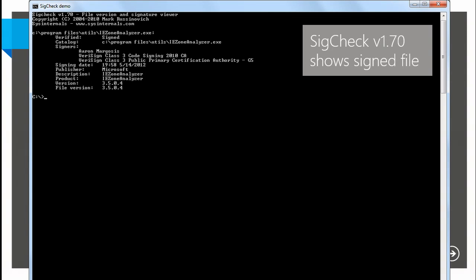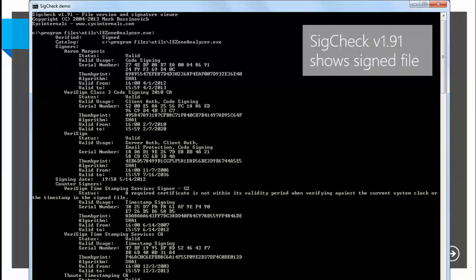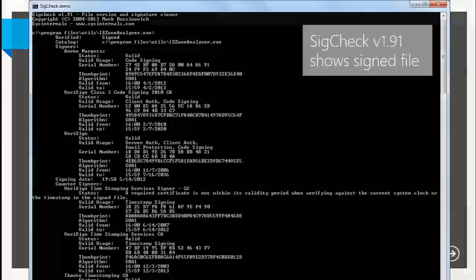SIGCheck has also added a lot more data to the information that it'll show you. SIGCheck version 170, which was current when the book came out, if you did -I, it would show you this: the subject of the digital signatures, the signing certificate, and the certificate chain of that signing of the signature. After Stuxnet and Flame started really abusing digital certificates, he added a lot more information. So now -I will show you a lot more information about all the certificates in the signing chain, as well as countersignatures such as timestamps.